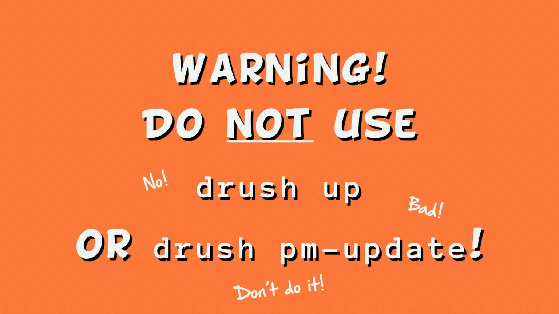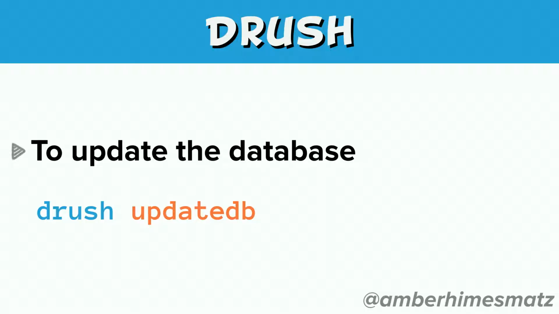So that's going to try and update Drupal core and any modules and run the database update. It's going to try and do everything, and you're probably going to end up with a broken site. But you can use it to update just the database. So Drush updatedb will work,